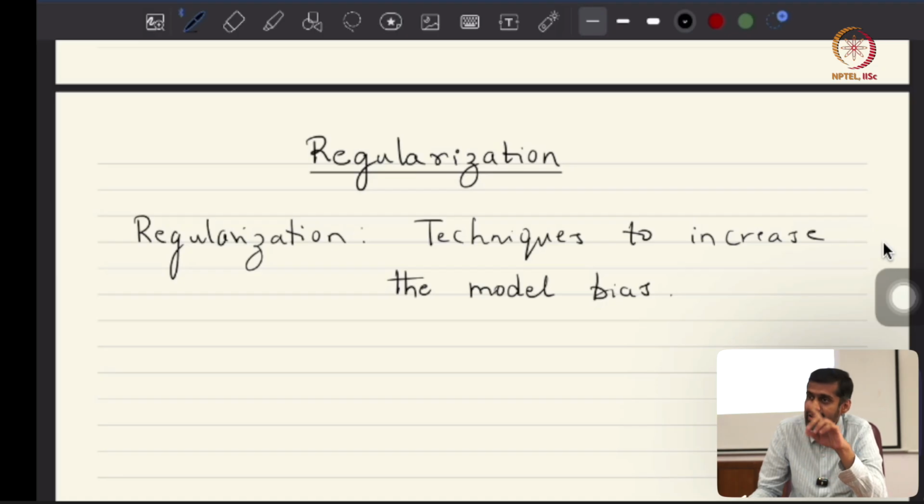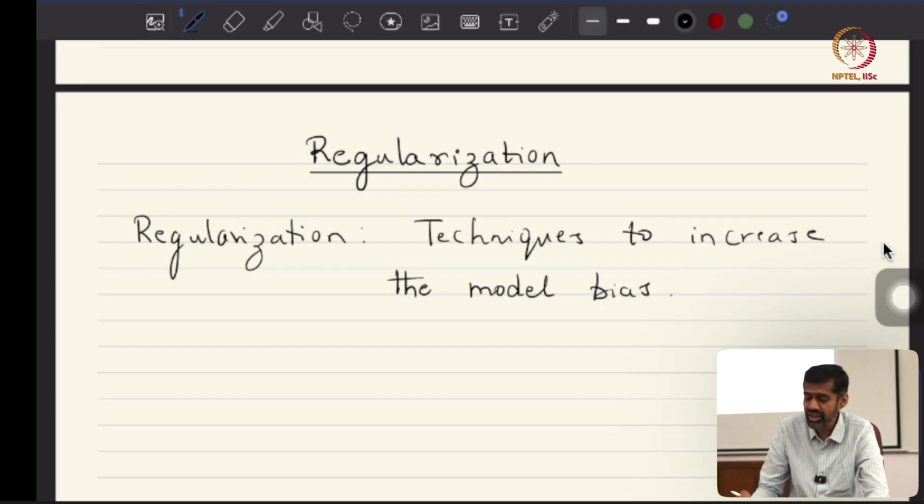Now all models are implicitly biased. Even if they are universal approximators, the moment you make an architectural choice or a design choice at a hyperparameter level, then you are imposing a bias on the model. So there is no unbiased model. All models are biased. Now the question is, by regularizing you can steer this bias, you can actually increase the bias,